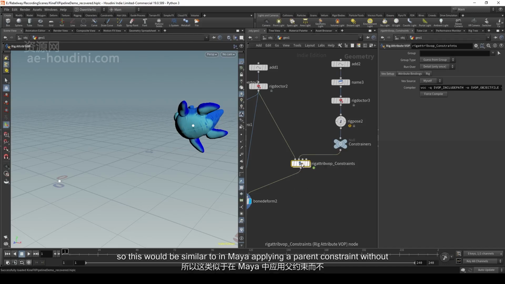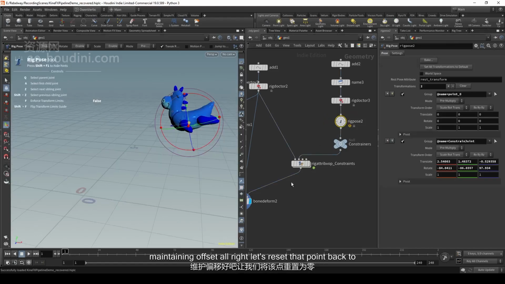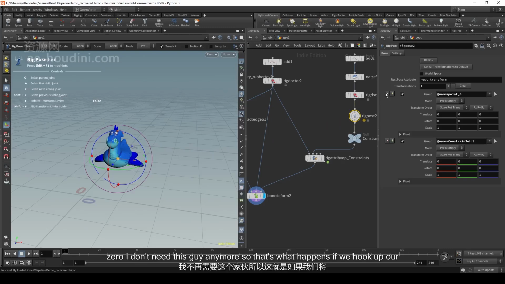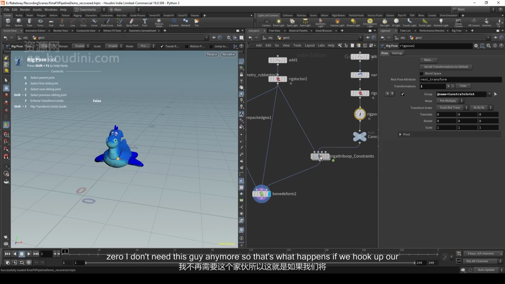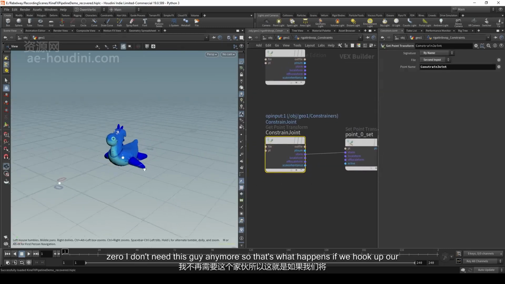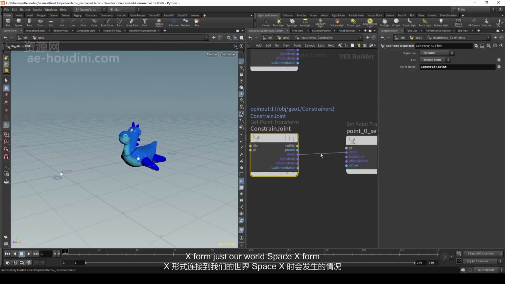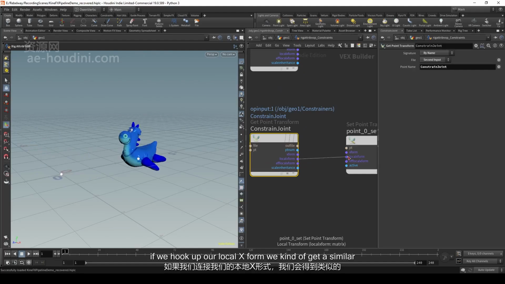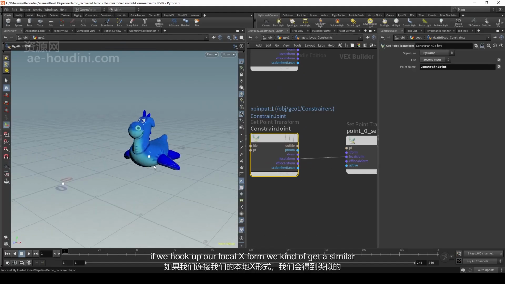So this would be similar to, in Maya, applying a parent constraint without maintaining offset. Alright, let's reset that point back to 0. Don't need this guy anymore. So that's what happens if we hook up our X form, just our world space X form. If we hook up our local X form, we kind of get a similar